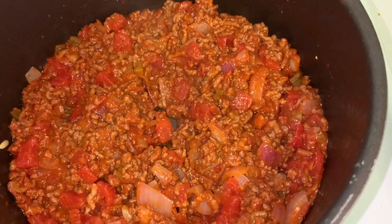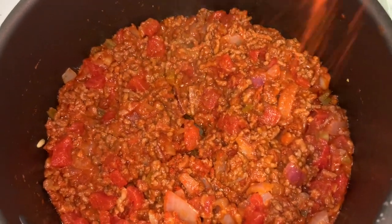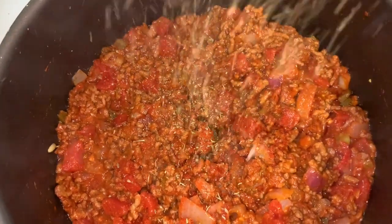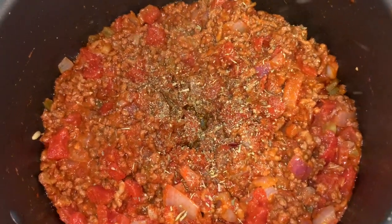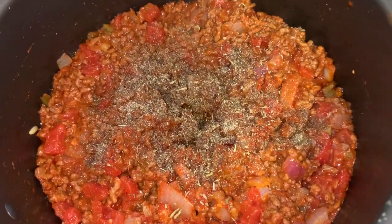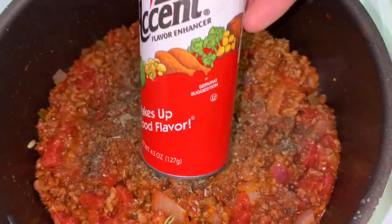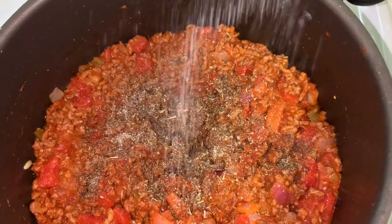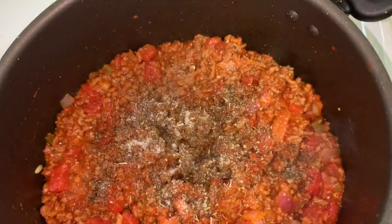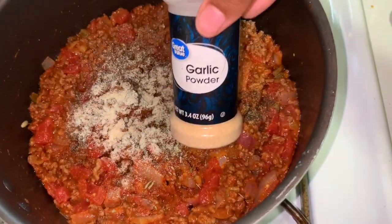Okay, so I have my fire at about medium to low, and I'm just going to begin to season. So first I have some paprika, Italian seasoning, ground black pepper, I have Accent, onion powder, garlic powder,